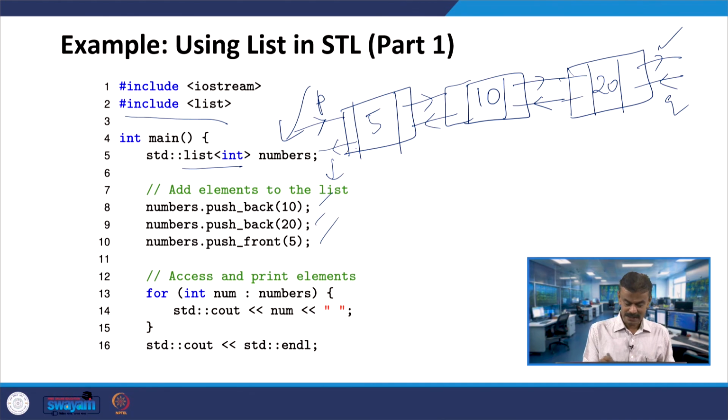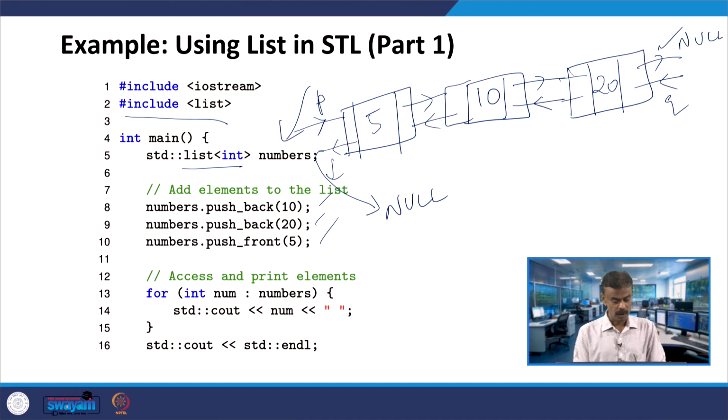Once it is like this after push front, this will be pointing to null and this will be pointing to null. In the course called data structures you will study all this. Right now we are utilizing all inbuilt functions, so when we call this, this is happening. Right now the data structure is like this.